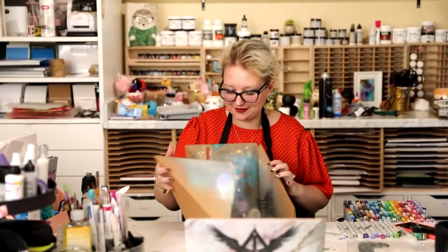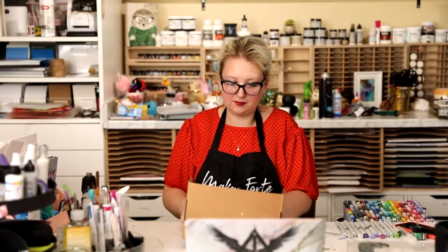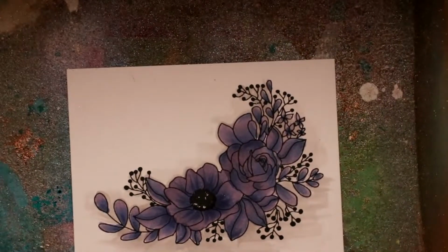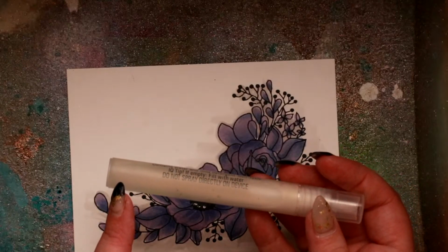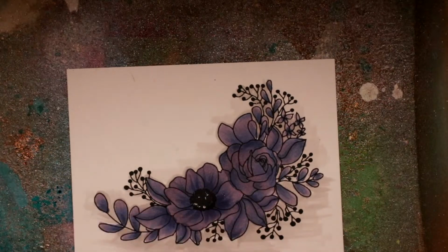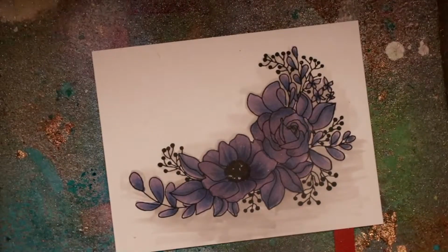This is my splat box. It's a very well-loved splat box. I use it all the time. And I put it in here so you can see. There you go. Now, in this spray bottle, I have a smidgen, like the tip of a teaspoon, about this much of kaleidoscope powder, and I just top it up with water. And then I'm going to give it a shake. And now we're going to take this,